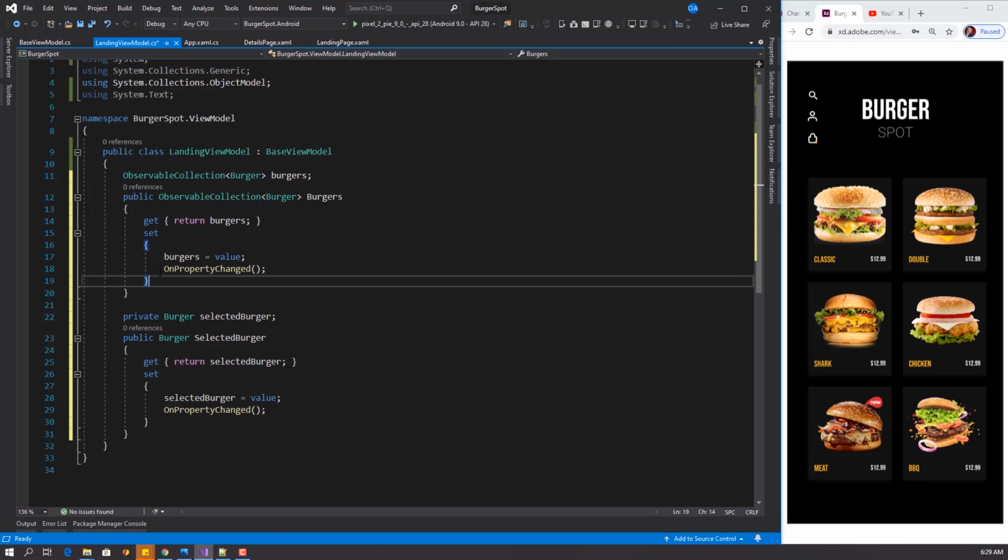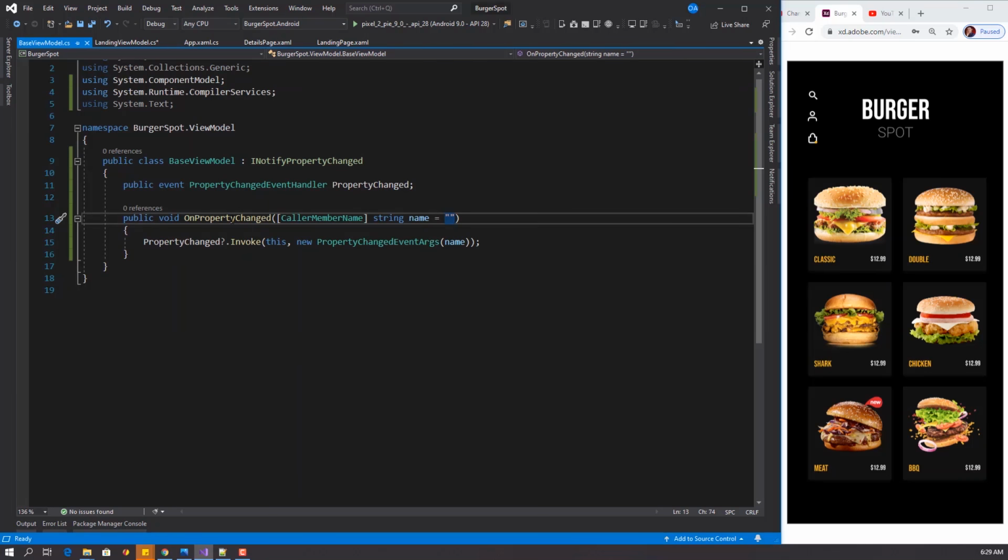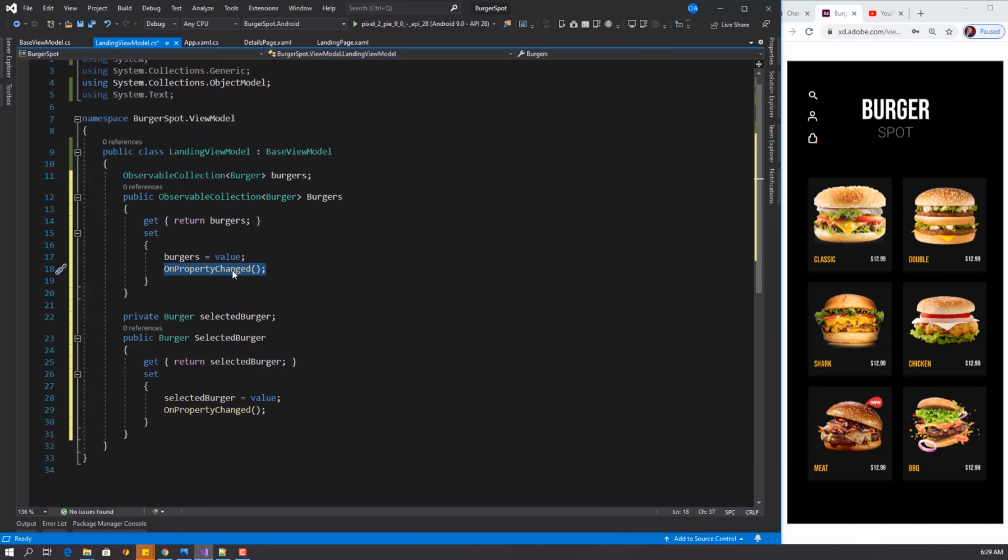And right here we're saying anytime this property is set, we should raise the property change. We are calling the property change method in our base view model right here. So as you can see, in this case, we are not passing in the name. So it's going to take the name of this property and pass it to the method. Okay,